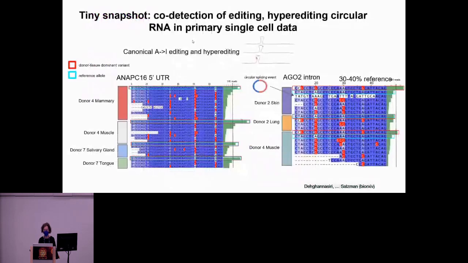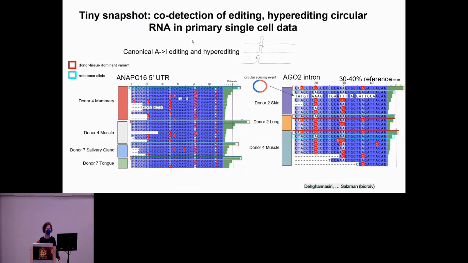So one of the anecdotes I want to tell you about is something I think is actually quite exciting and significant itself, but again, just one outcome. And that is that, kind of for free, running SPLASH enables us to find single cell regulated RNA editing, including hyperediting, which is today very difficult, if not impossible, to find without highly customized and highly computationally intensive procedures.